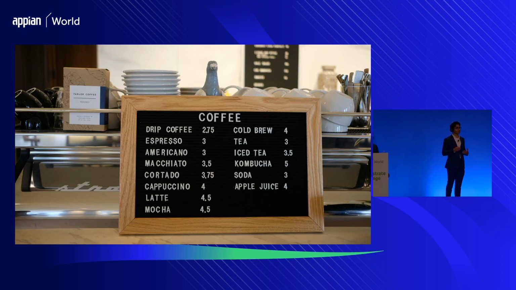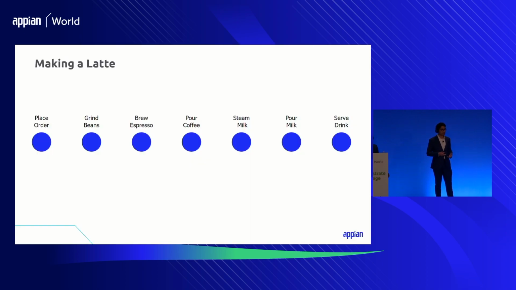But actually, if we start to peel back the layers and analyze some of this information, you'll start to see that there's a little bit more complexity and really interesting things that we can then analyze and use to make our coffee shop a bit more efficient. And so let's do that. Let's just explore this. So this would be what we call the starting point for a discovered model for making